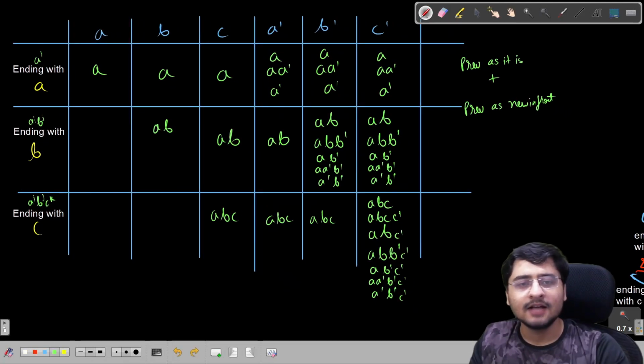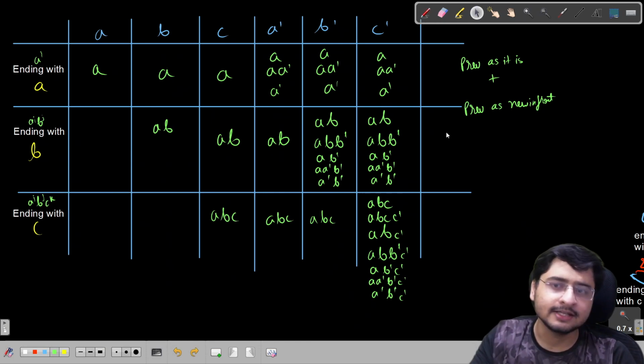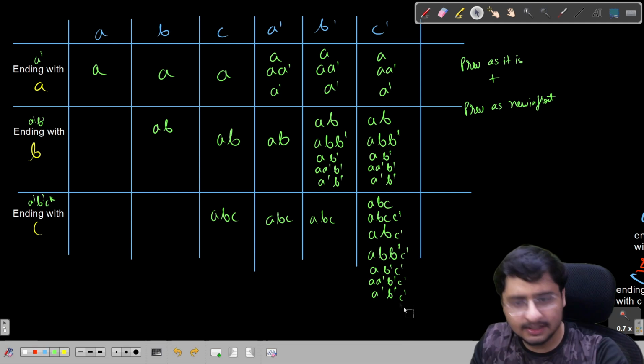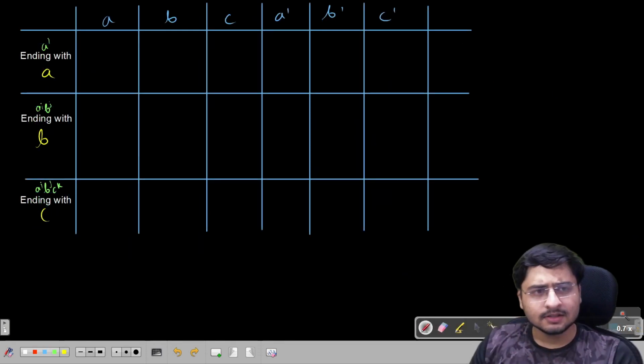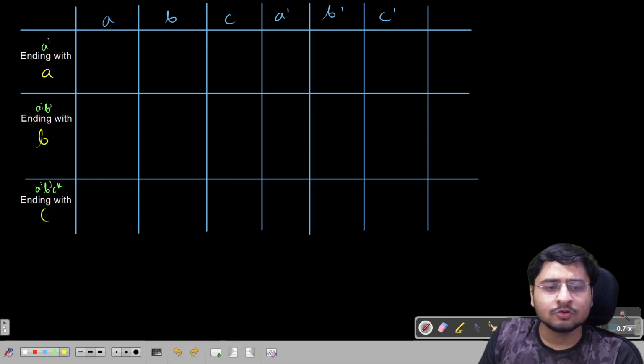I hope you got the algorithm. I'll just write down the formula and let's try to fill it again. Let's consider the formula for this particular problem. It is pretty straightforward, right? So the thing is that